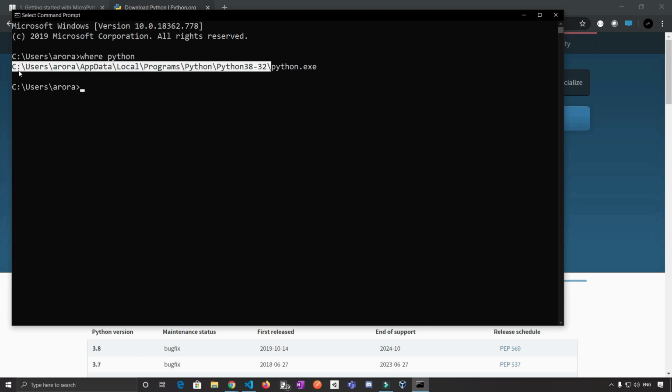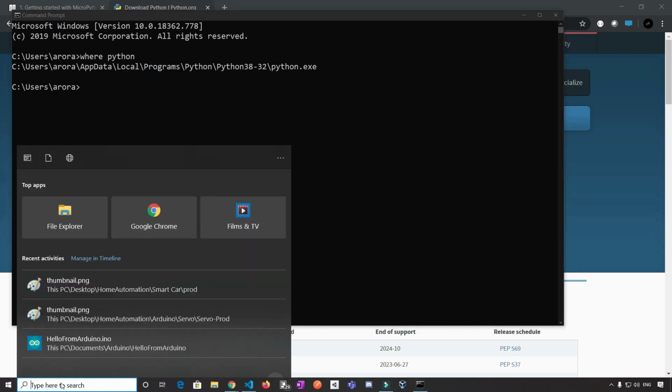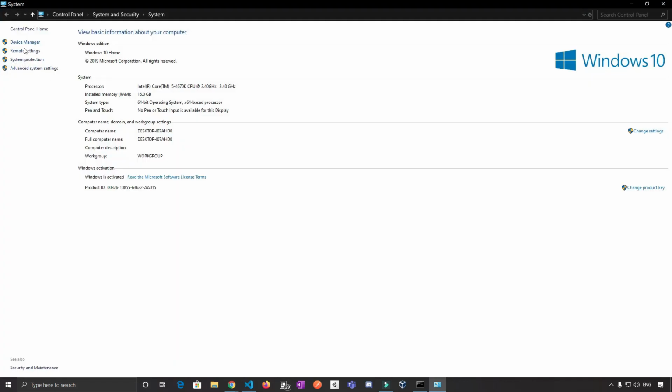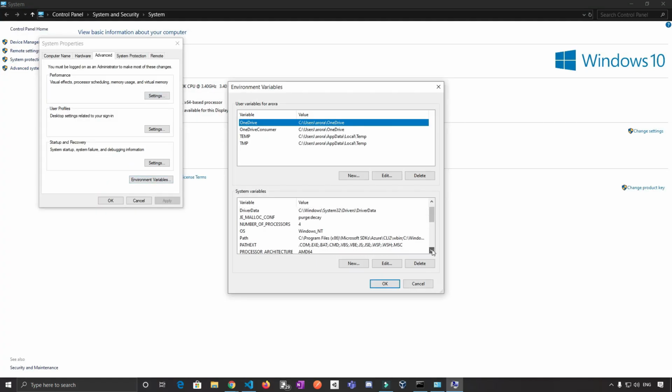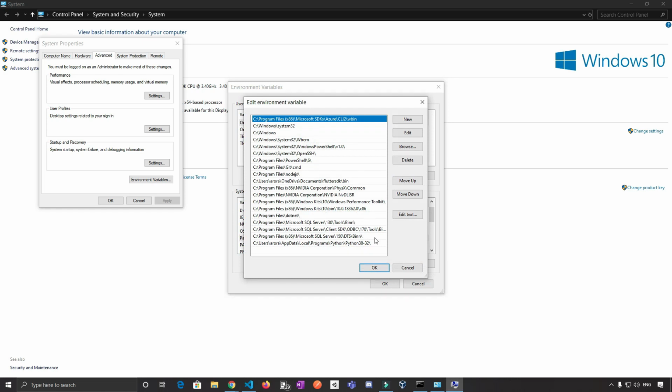One more thing that we need to do is copy this path again and open the environment variables again. Open the path, and we need to make one more entry, and that is for pip. So click on New, and I'm just going to paste this path, and let me check.